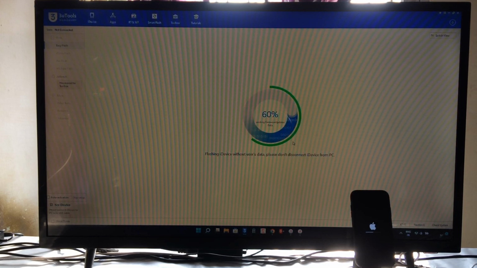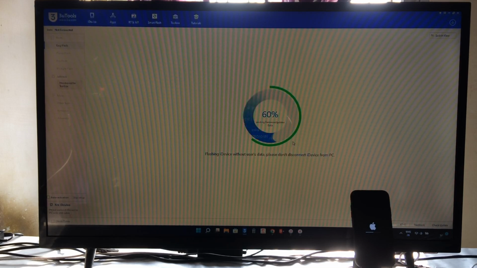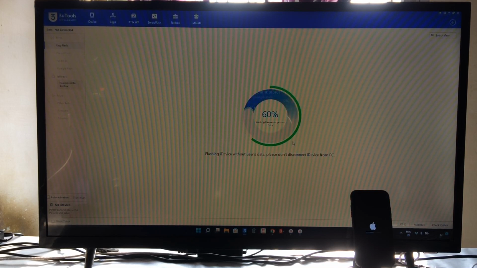I think it's stuck on 60 percent, but don't worry. Let's see. Actually, you will have to use a data cable that should be original, and of course, the battery of your iPhone device should be charged to approximately more than 70 percent. Otherwise, it may be trapped in that situation where it will be stuck on DFU or it may even damage the iOS.